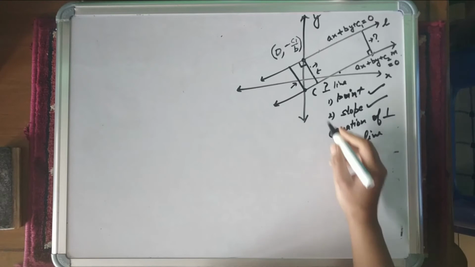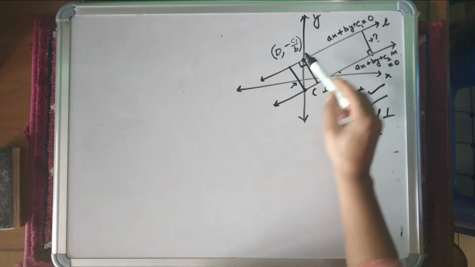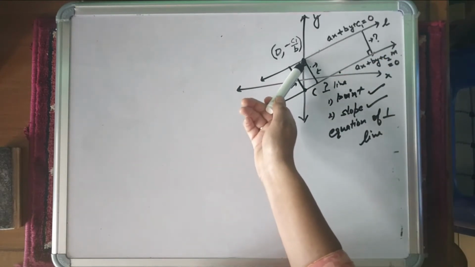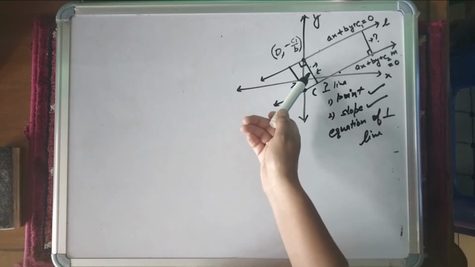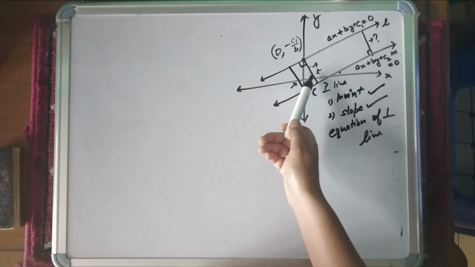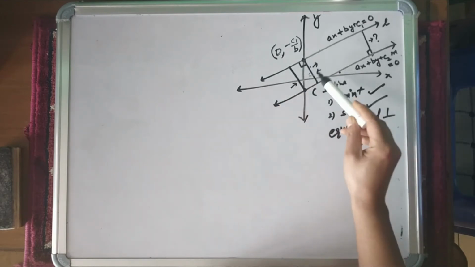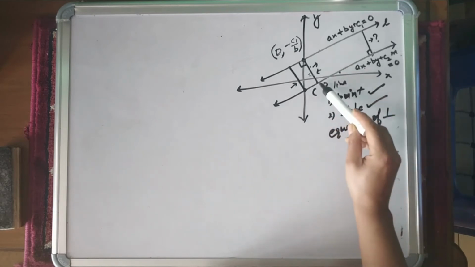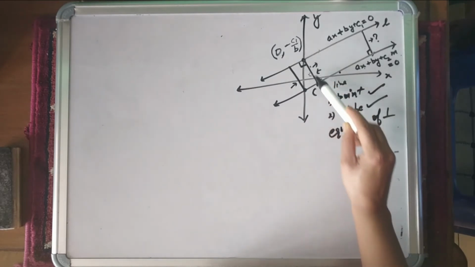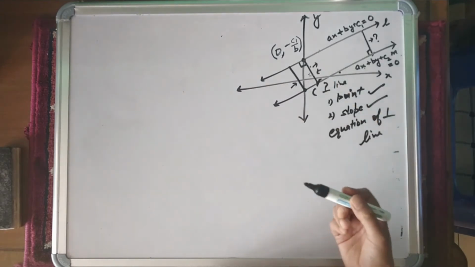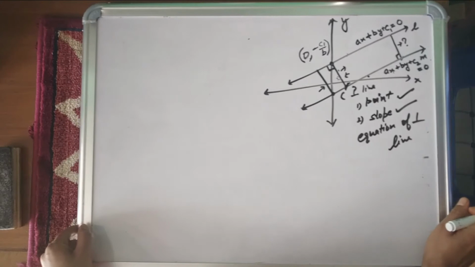So first I arranged for this point. Then for its equation, as one point and its slope are given, I can write down the equation in point-slope form. Once I have the equation for this, I can solve this equation and that equation to find the coordinates of this point. And once I have the coordinates, I can apply the distance formula to find the distance. So this is the plan of action.